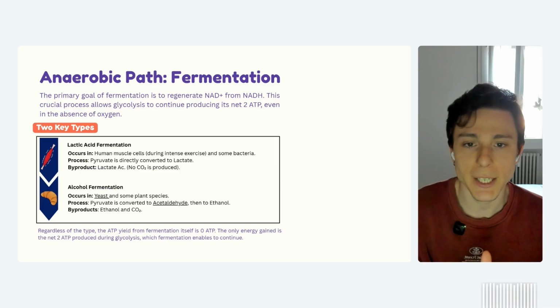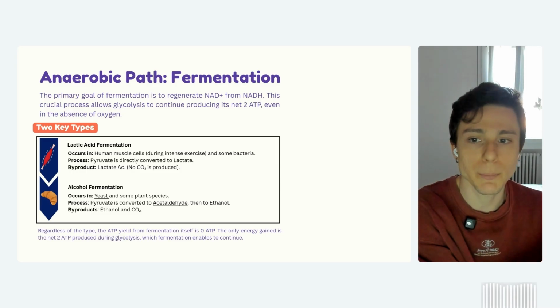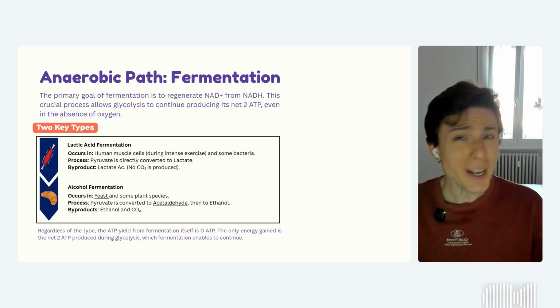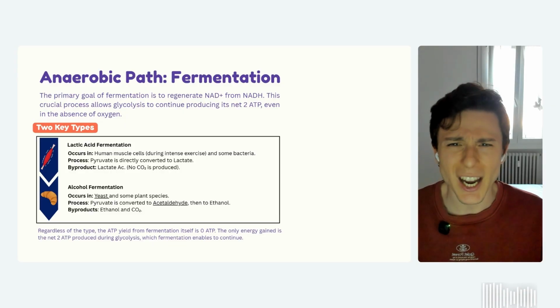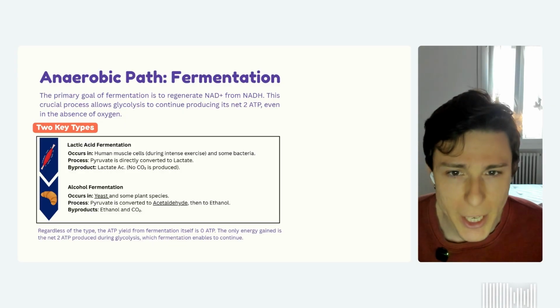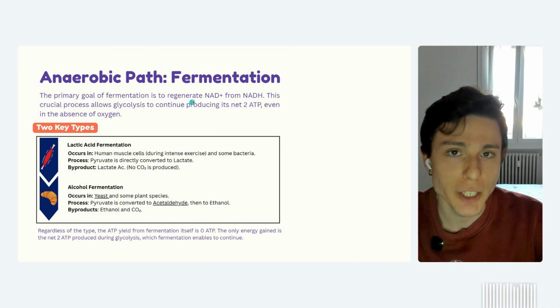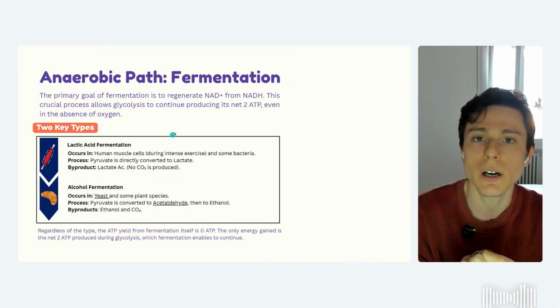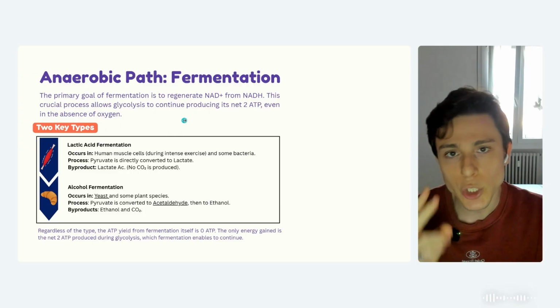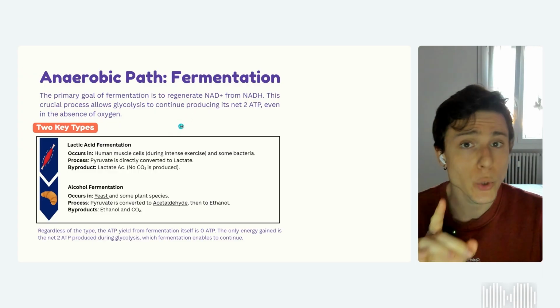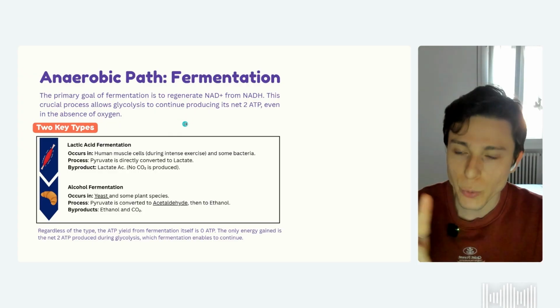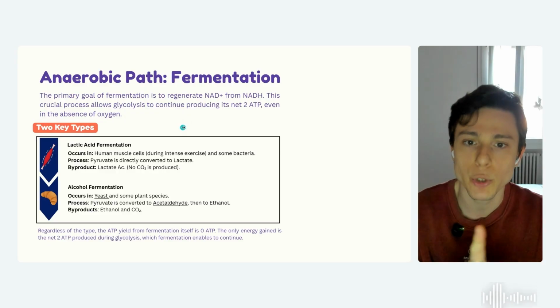Why is this happening? Okay, I understand there's no oxygen available, but why do I have to do that? Because I already have those 2 ATPs, right? I don't have to do anything if it doesn't produce energy. The thing is, remember I mentioned that one of the byproducts of the glycolysis is the formation of 2 NADH. And these 2 NADH are cofactors responsible for transporting electrons to the mitochondria.